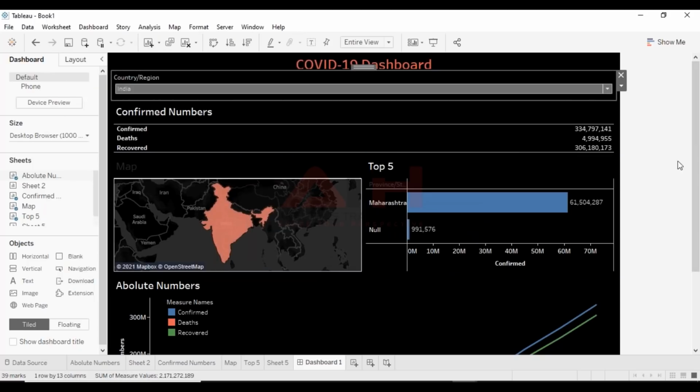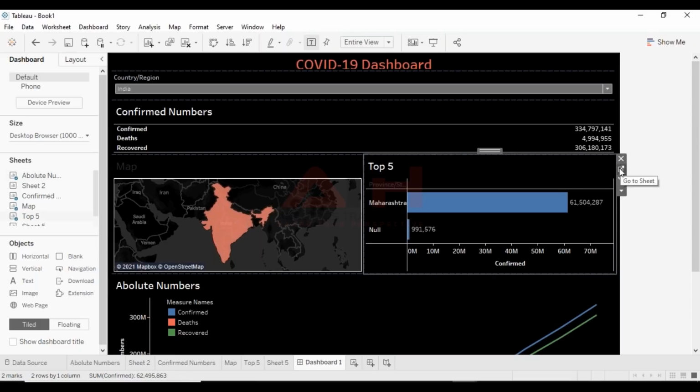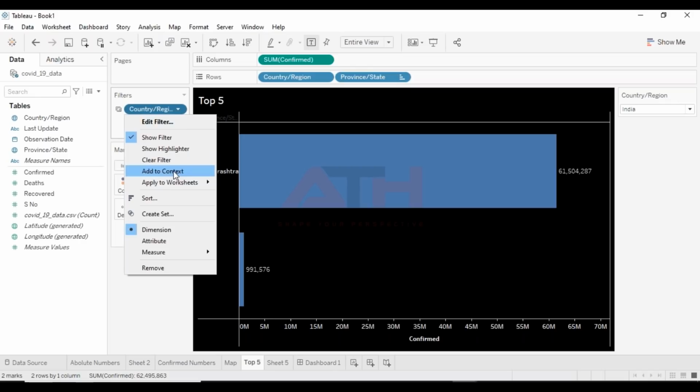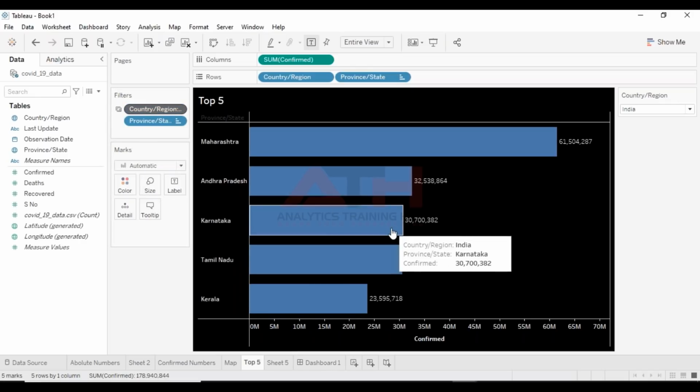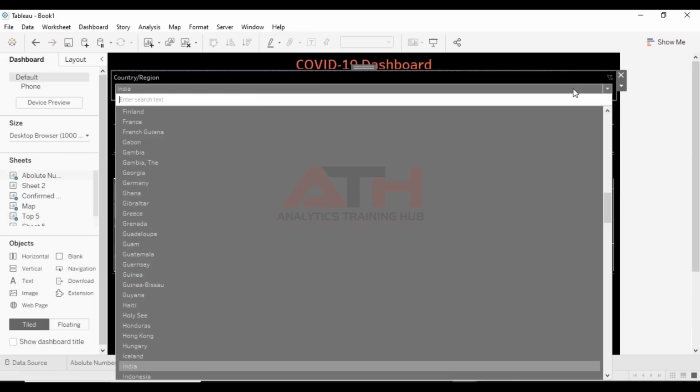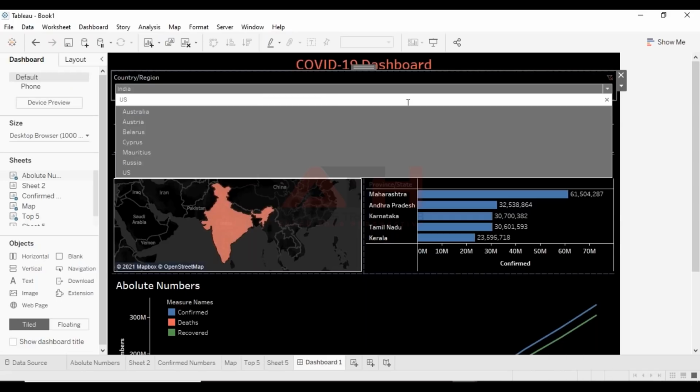these all visualizations have changed to India. Again, we are having some problem here for top 5. We can just click here, go back to the sheet, and again, what we did earlier for the context part, we can just set it into our context, and again we have our 5 visualizations back. So let's say we have this for India now. Let's check whether the filter will apply to all of them or not.